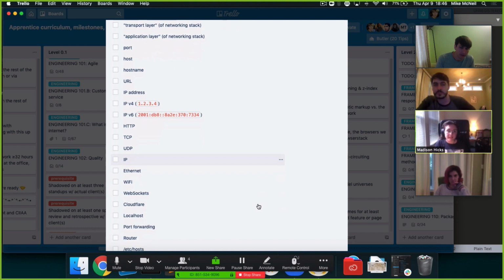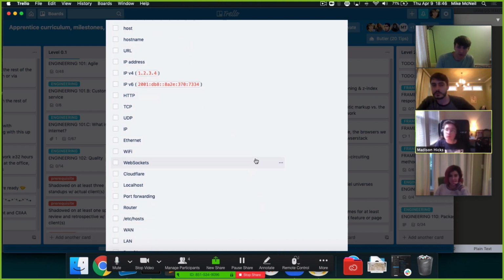Exactly right. This one's a little tricky. What layer would WebSockets be? The application layer? That's right. It's going to be at the application layer, and the reason I said it was tricky is because WebSockets is weird in that you start off with an HTTP connection,